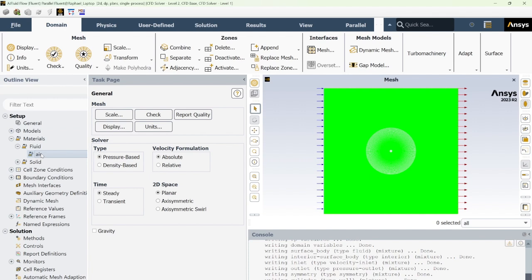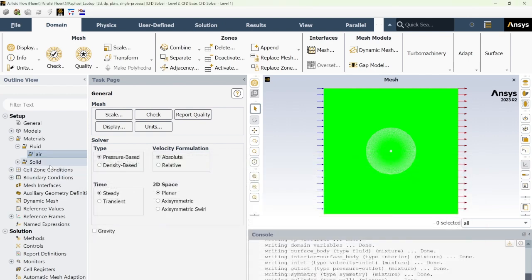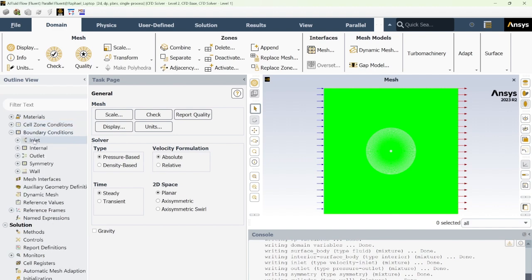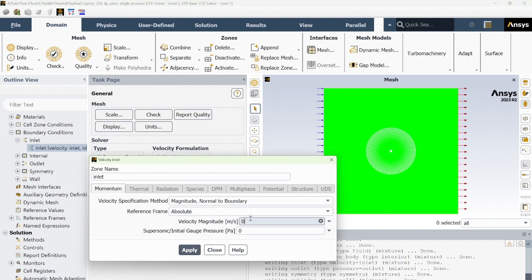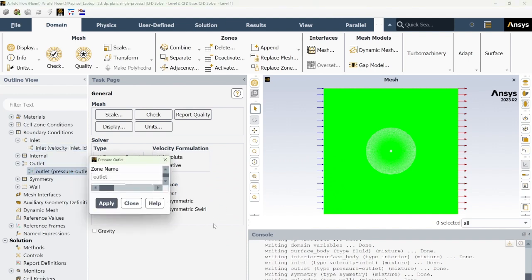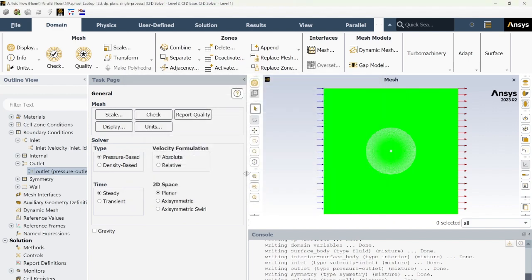The materials, the air, can change this to 1 kilogram per meter cube. Everything else is fine. There's no viscosity because it's Inviscid. This is fine. Boundary conditions, we're going to make this inlet 5 meters per second as per the instructions state. And our outlet, we have to make sure that we prevent reverse flow. So once that's applied,